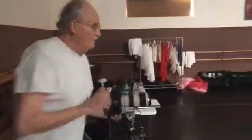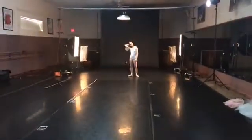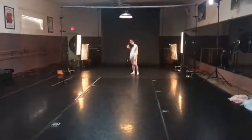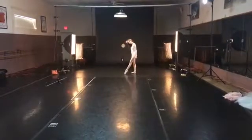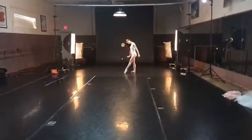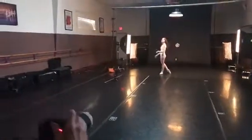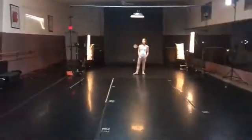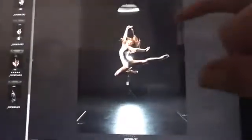So what are we doing with Carrington? We're going to do the Peter Pan jump. Oh, we're doing a jump with Carrington. And this is a guess on the height of the light. I call this Peter Pan because when you see it, you'll see what I mean. Ready? I may call it a day with that one. And you see, if you can imagine Peter Pan flying, you can see that Peter Pan is flying,